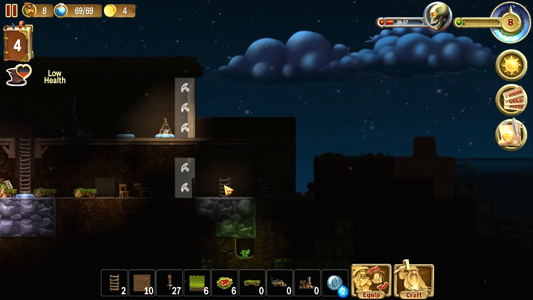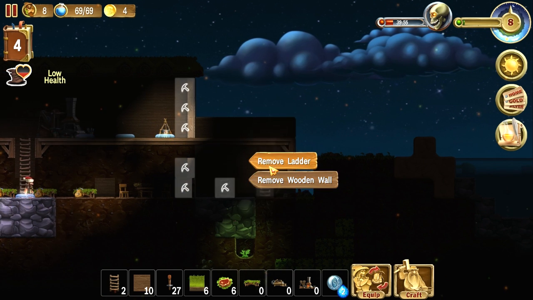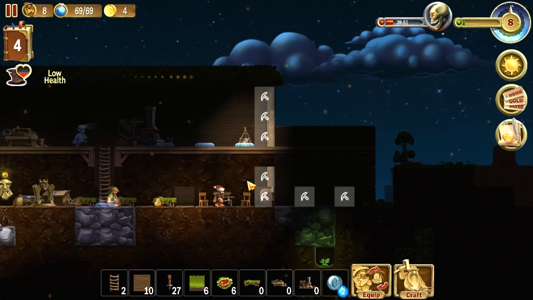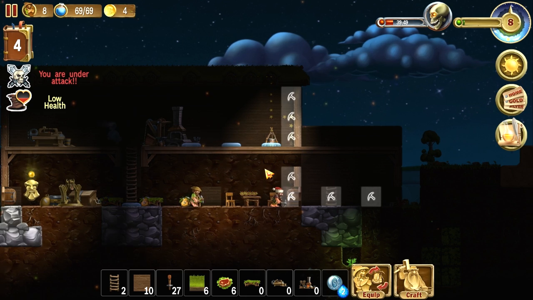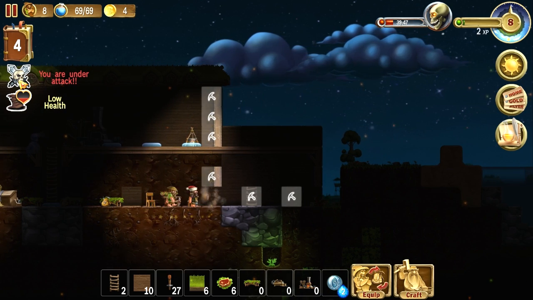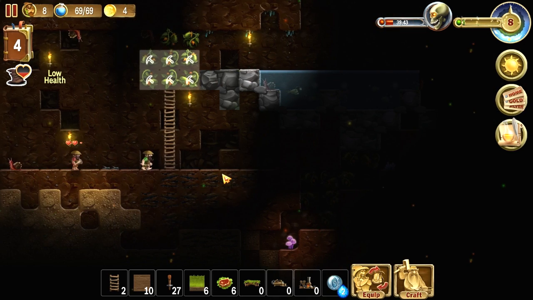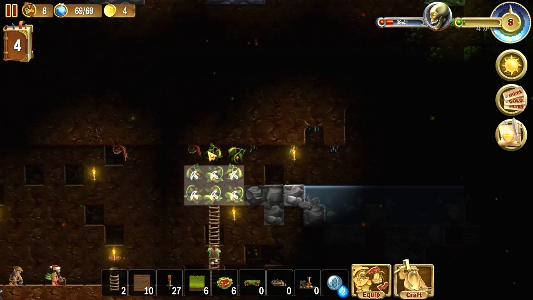It's dark as crap. I can't see what the hell I'm doing. Remove the ladders. Can't see crap. See, I don't want to just put torches in the house either. Later on, you unlock nicer looking lamps and stuff like that. I'm gonna wait till I get those. Just put up with the dark for now. It's not good for YouTube, but...